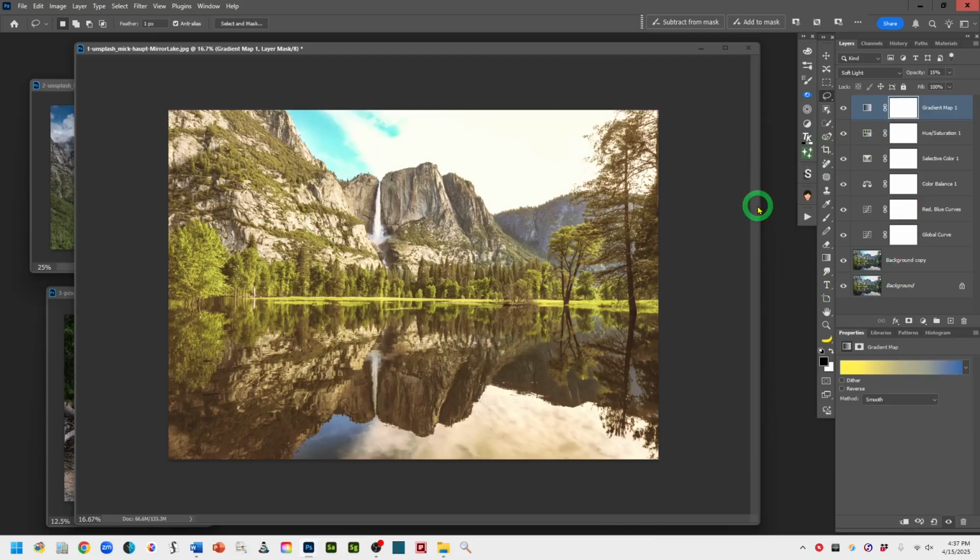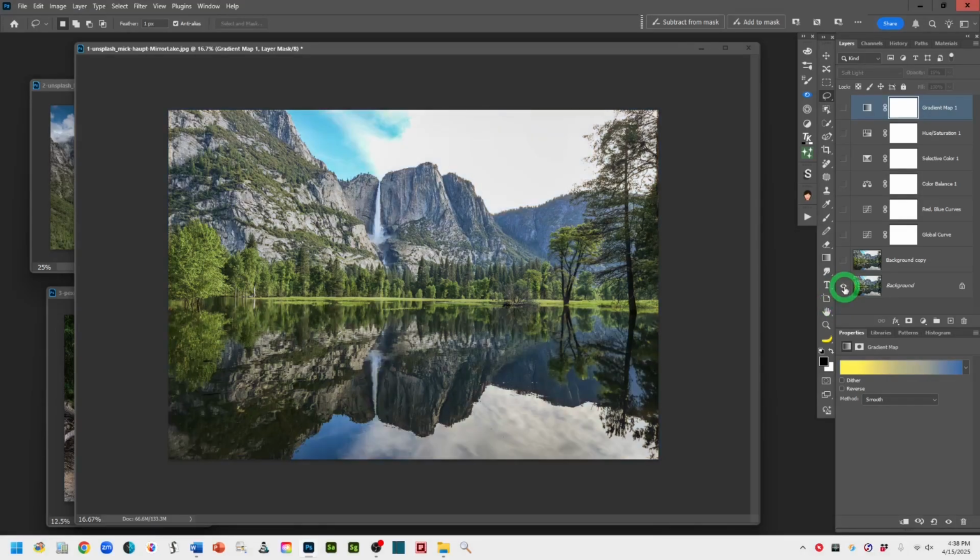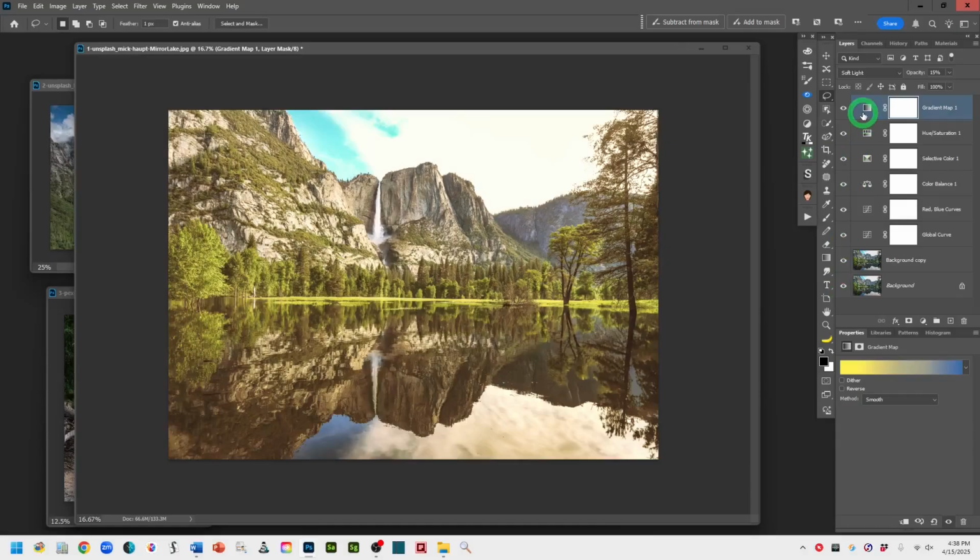So as I said, you can use as many or as few of these what are called adjustment layers as you want to build your color style. You don't have to use a ton of them. Once you've got your color stylization the way you want it, and that's what I'm calling this, a color stylization, because we've gone from the initial blues to this warm, hazy, what I'm calling warm cinematic kind of a look, then you want to